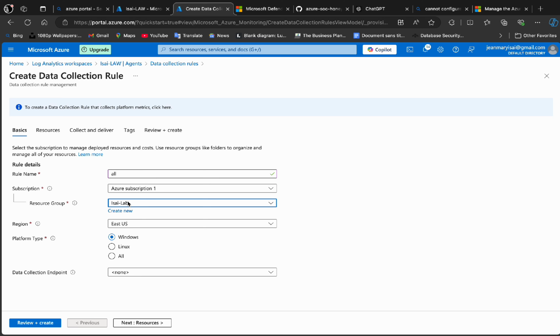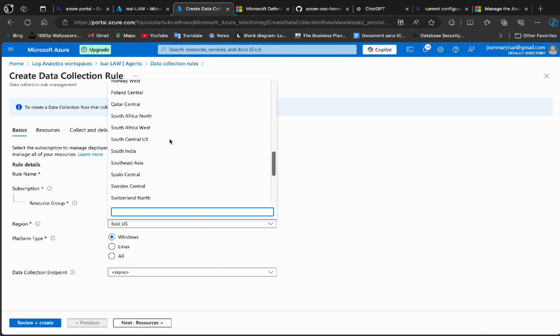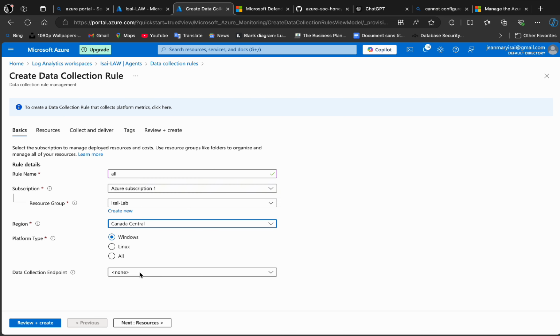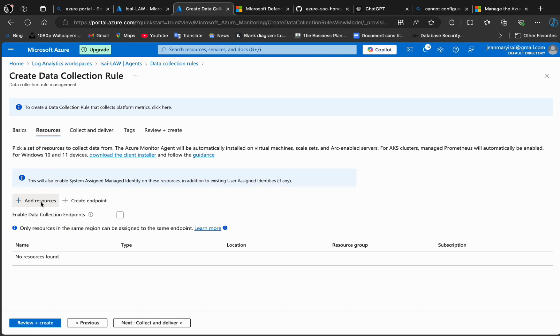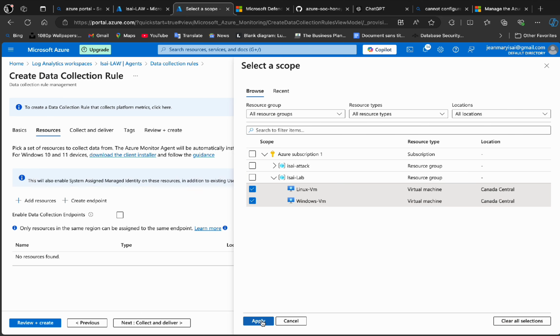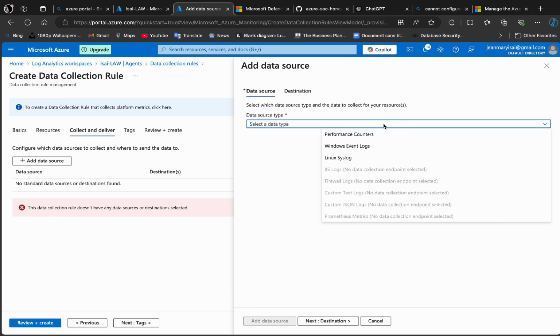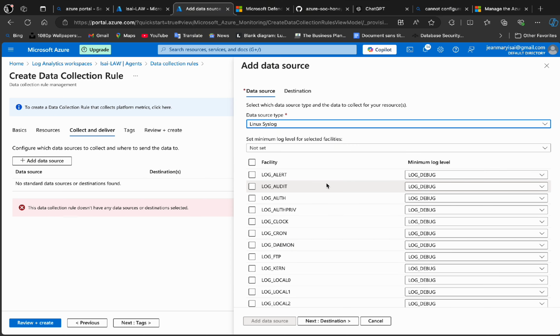Alright, gonna make one rule for everything. We add resources, we add our two machines, and we next, and we add data sources. We're gonna make one for Linux, and so we want to collect the logs of only